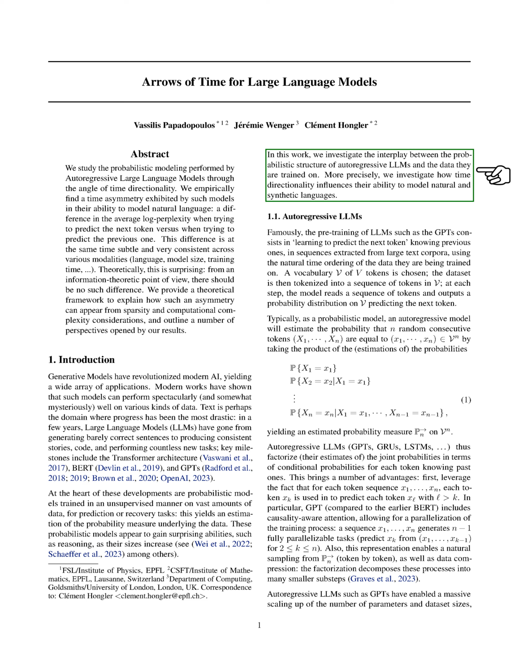Autoregressive LLMs, like the GPT series, are trained to predict the next piece of information, token, based on the previous ones in a sequence. This process uses the natural order of time in the data. The model works by reading a sequence of tokens and then predicting the next token by estimating the probability distribution over all possible tokens. Essentially, for a sequence of tokens, the model calculates the likelihood of this sequence by multiplying the estimated probabilities of each token given the previous ones.